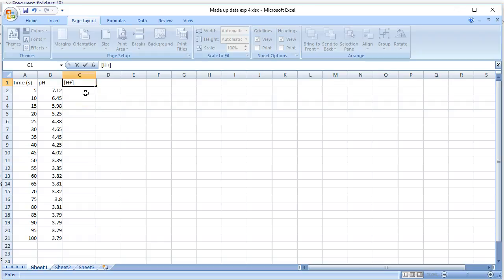but I'm pretty sure it doesn't actually allow that within these little cells here. So now I'm going to click down here into the area where I want to put the H+ concentration, and in order to do this I want to do a function. So instead of calculating it by hand and then putting in all the numbers, I'm going to have Excel calculate these values. So to do a function, you want to hit equals, and then you can click on insert function here if you don't know how to put in the function you want,